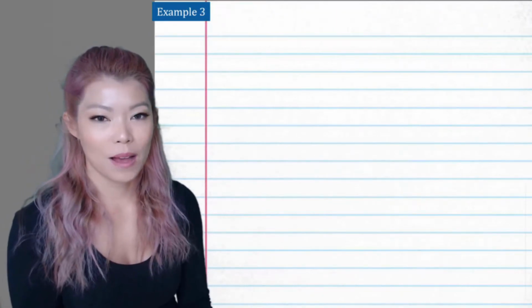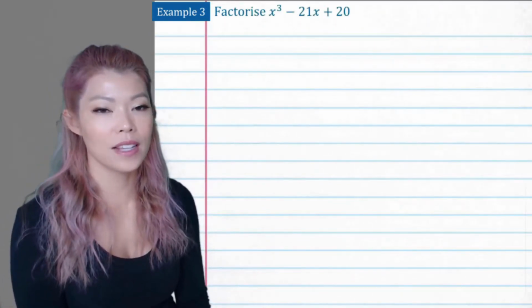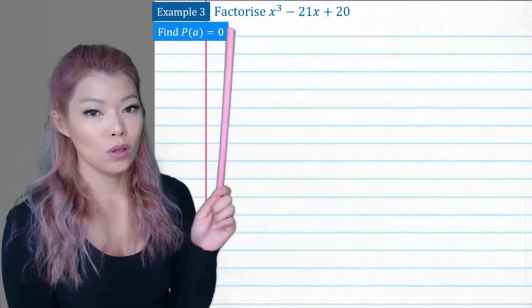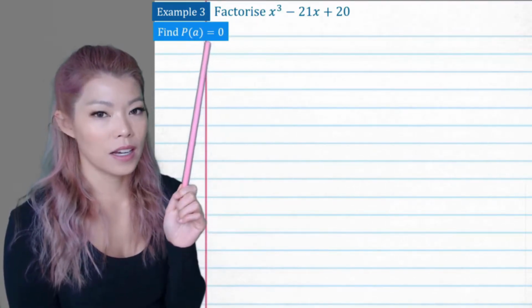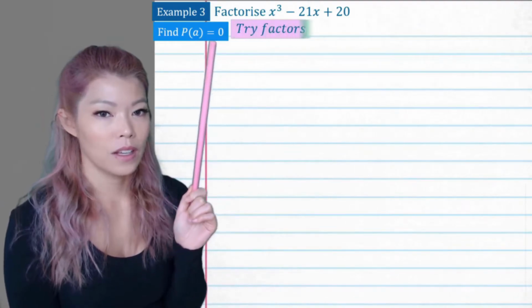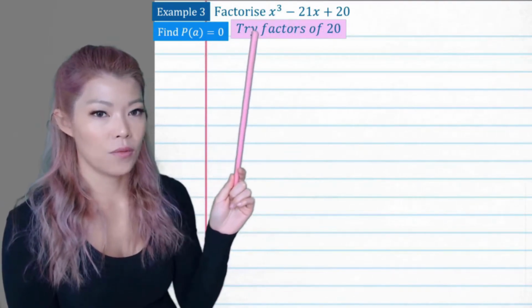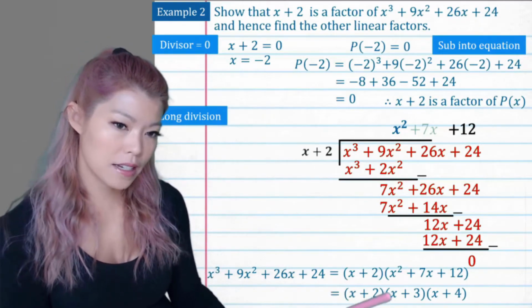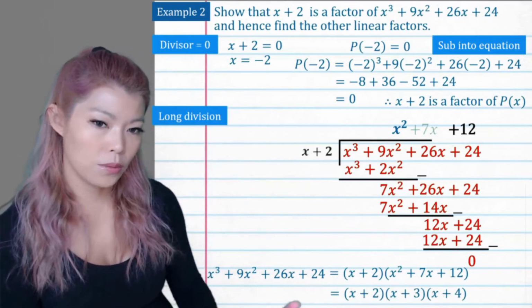Let's do another example. Example 3. Factorize x cubed minus 21x plus 20. So here again, we're looking for that remainder to be 0. So let's try, we know previously, if I go back, that the factors of our polynomial,